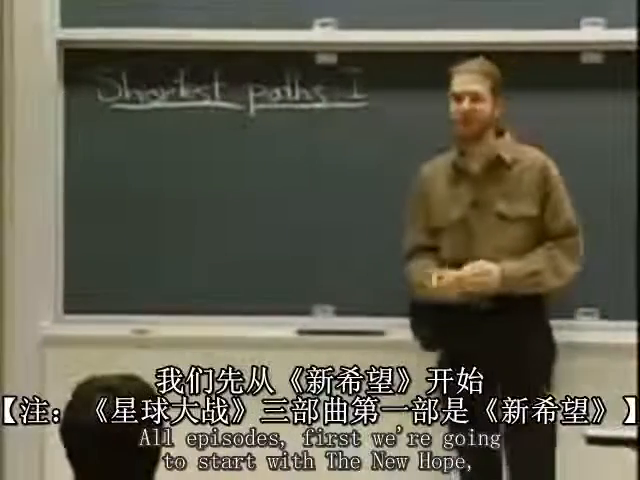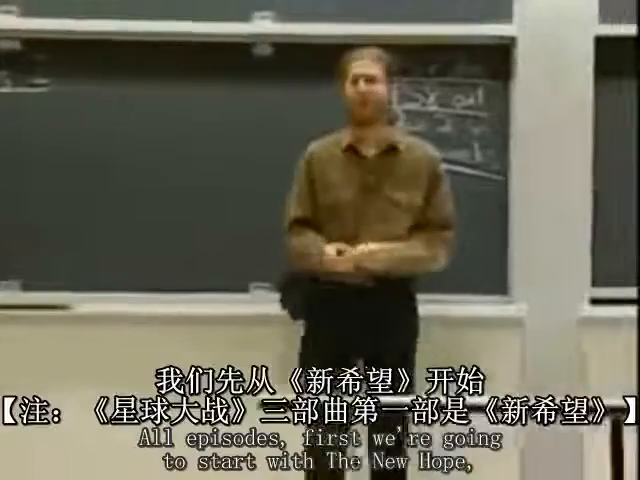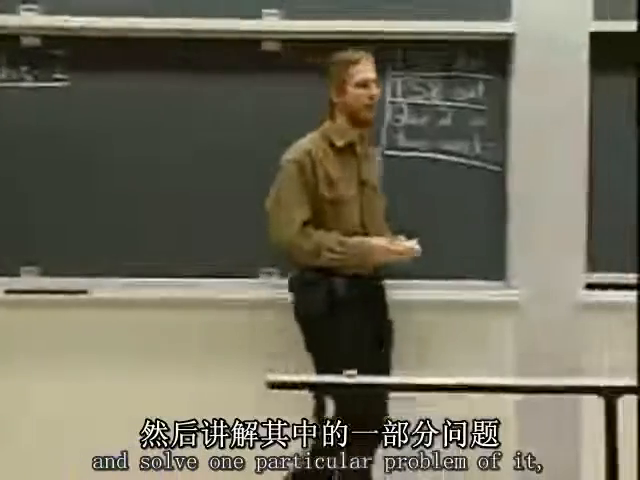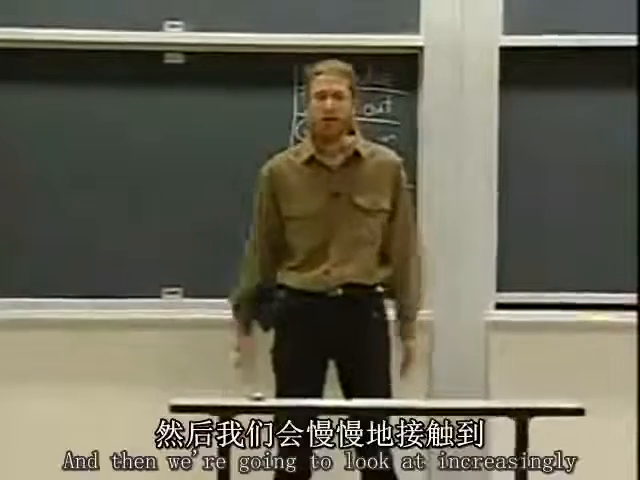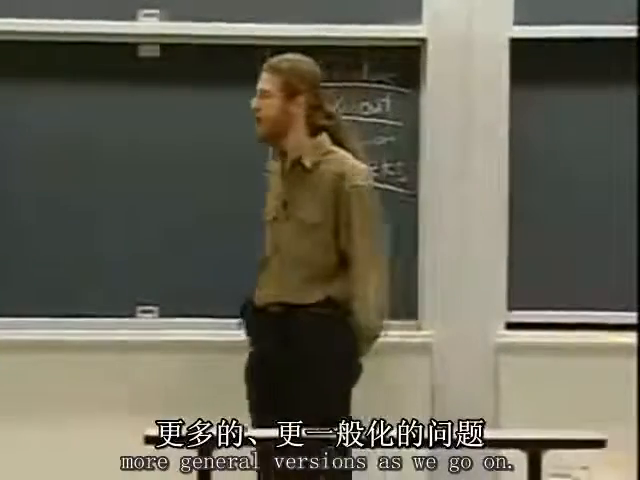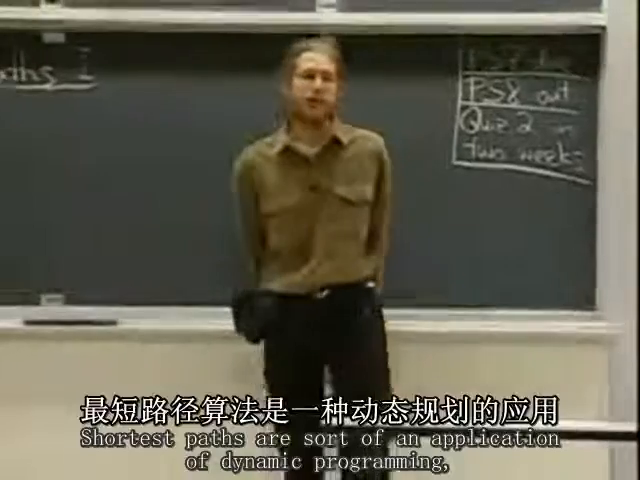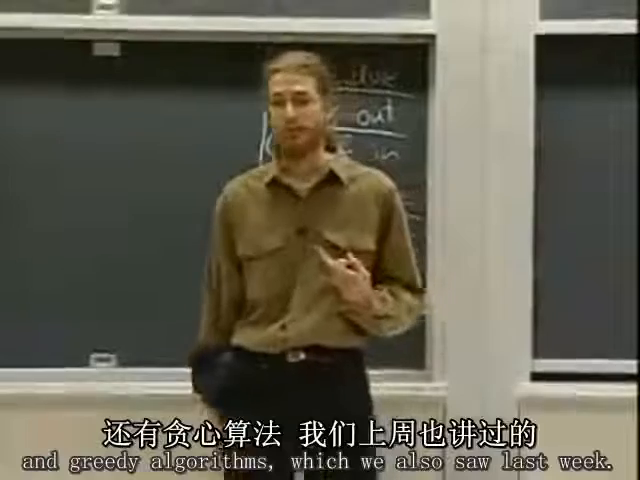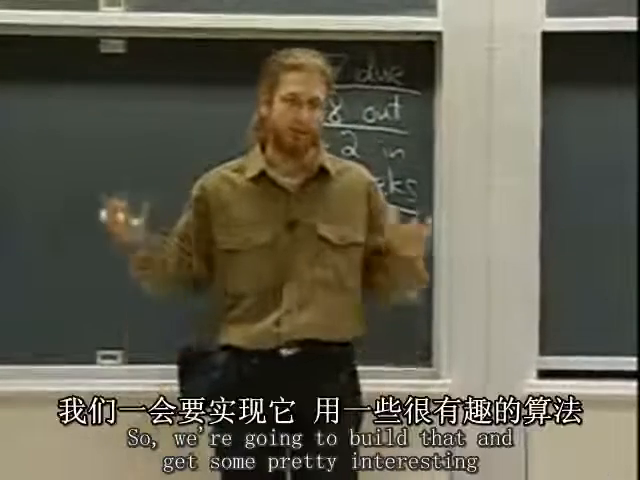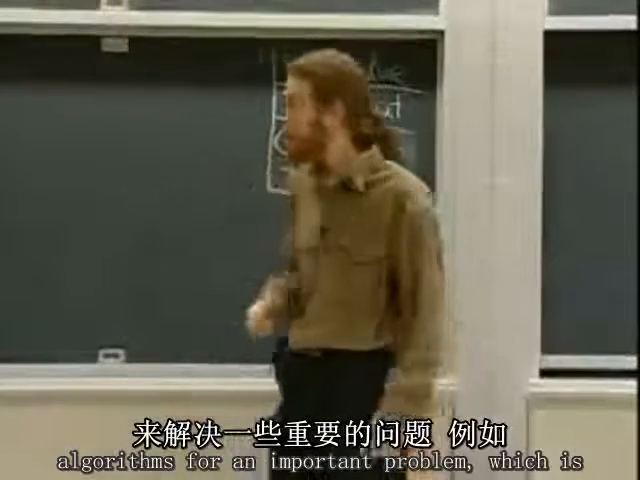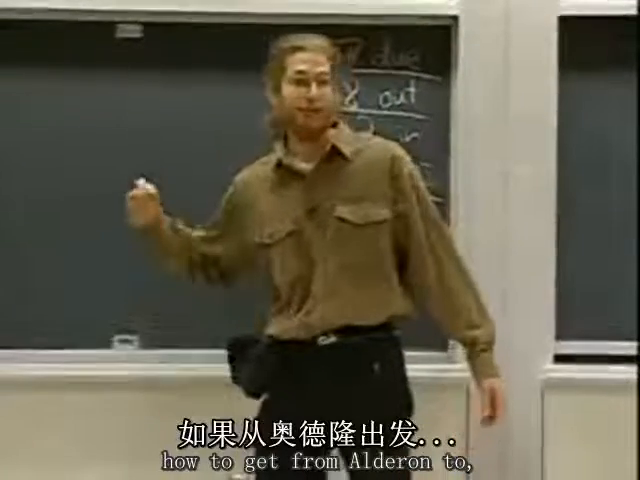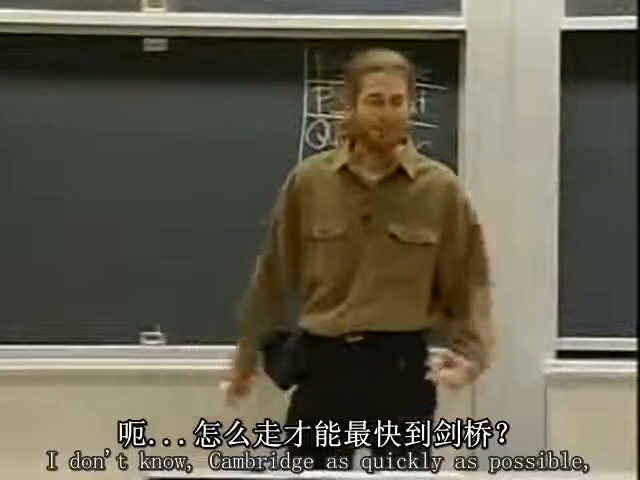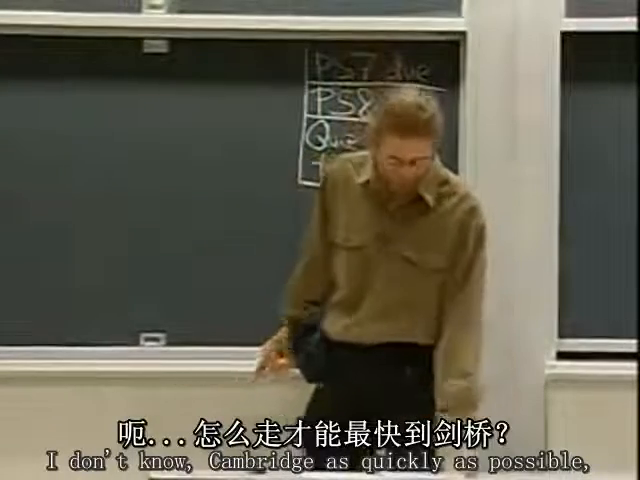All episodes. This is first. We're going to start with A New Hope, and we're going to talk about the shortest paths problem and solve one particular version of it, a very interesting version. And then we're going to look at increasingly more general versions as we go on. Shortest paths are sort of an application of dynamic programming, which we saw last week, and greedy algorithms, which we also saw last week. So we're going to build that and get some really interesting algorithms for an important problem, which is how to get from Alderaan to, I don't know, Cambridge as quickly as possible,